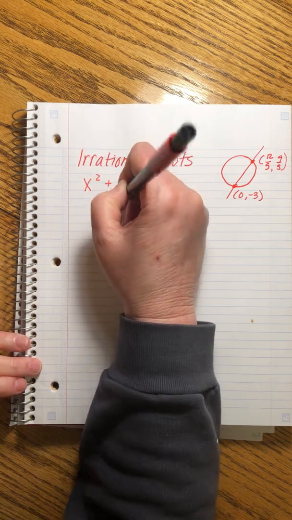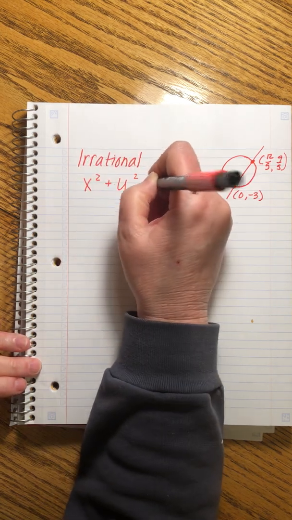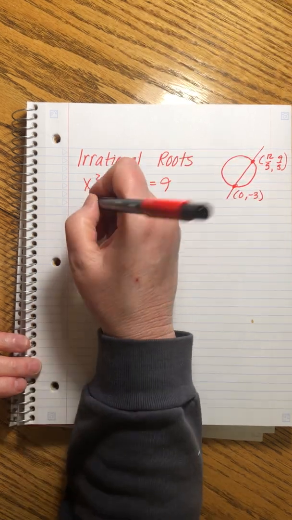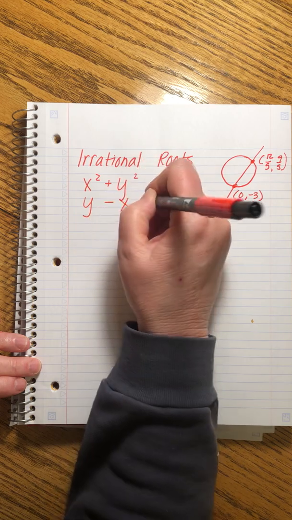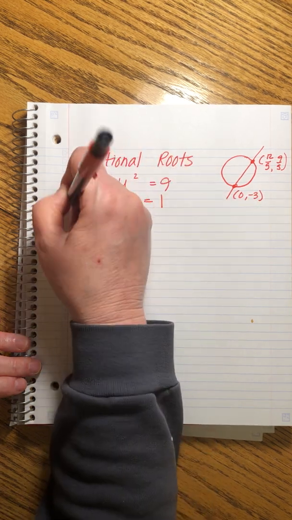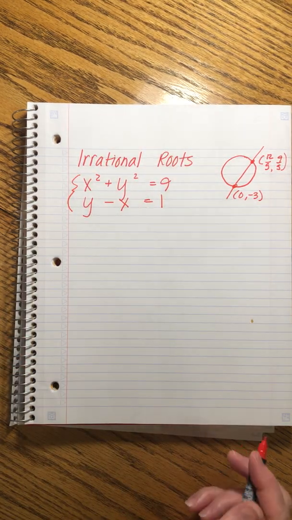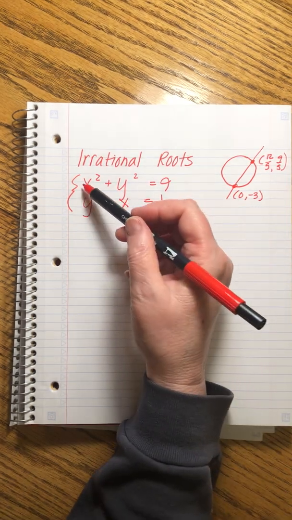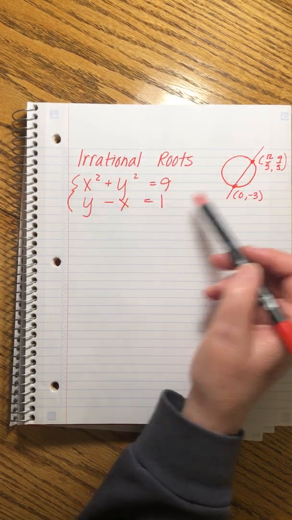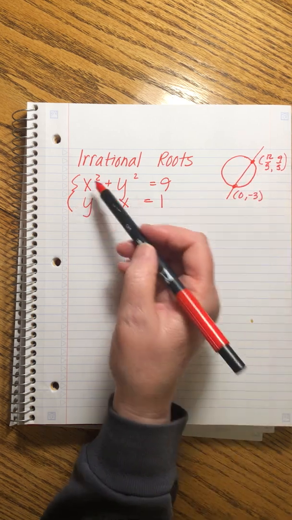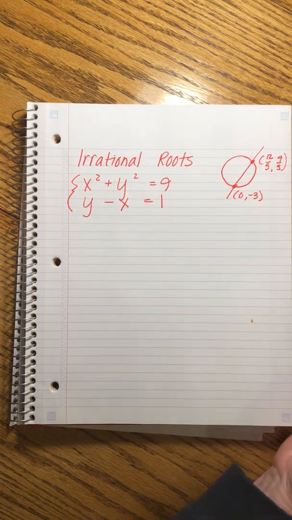And the real shame of all this is that when you first see the problems, you think, this looks adorable. This looks like a perfectly well-behaved problem. Look at how simple that is. Okay, what John doesn't tell you, but I will, is that this is the equation of the circle, and this is the equation of the line, right? We can tell by the squares and then the not squares. Okay, so